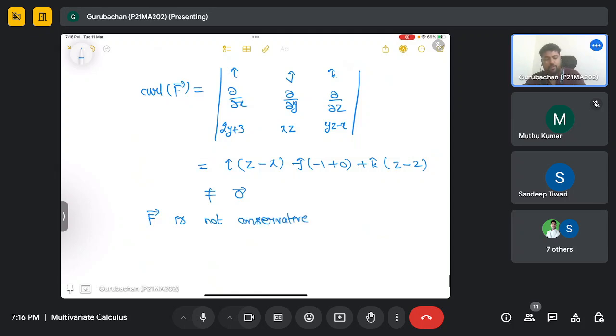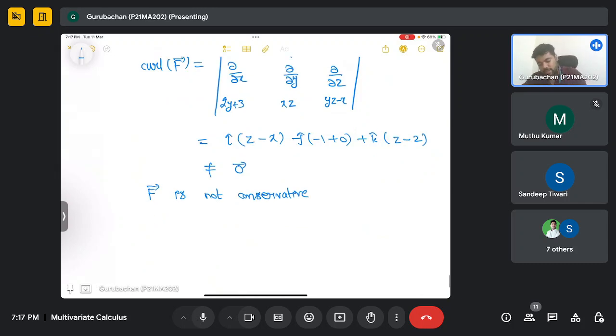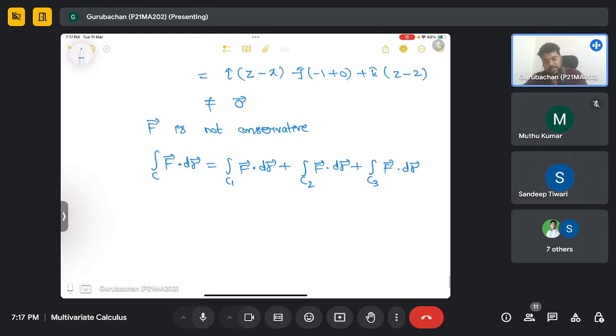Therefore, you have to follow the approach of finding the straight lines. You will divide this integral of F dot dr into the integral over C1 of F dot dr plus over C2 plus over C3. And what do C1, C2, C3 represent? C1 is a curve, a straight line